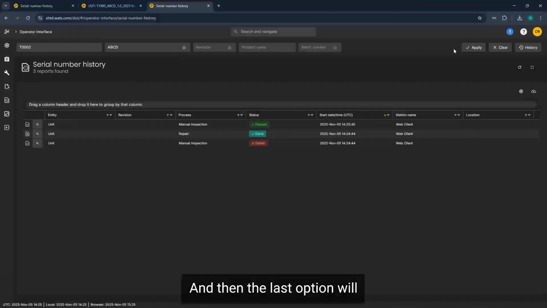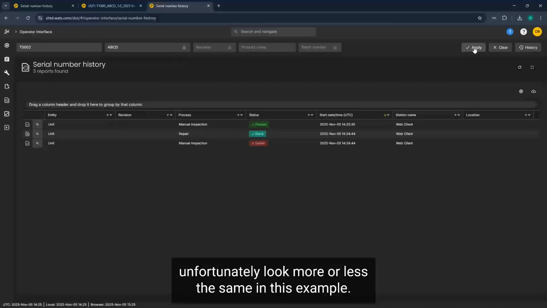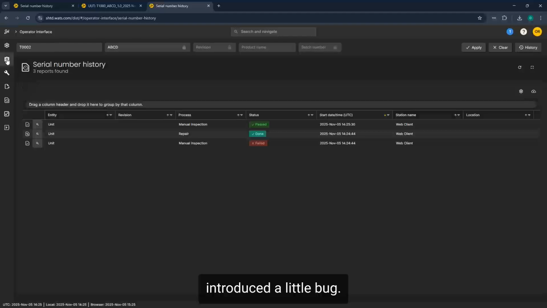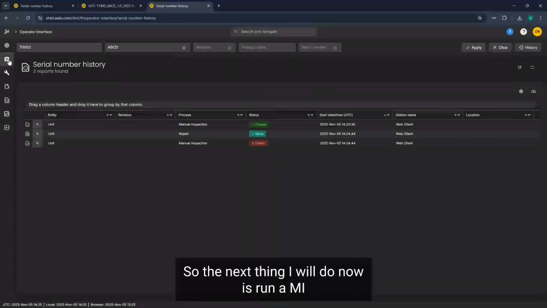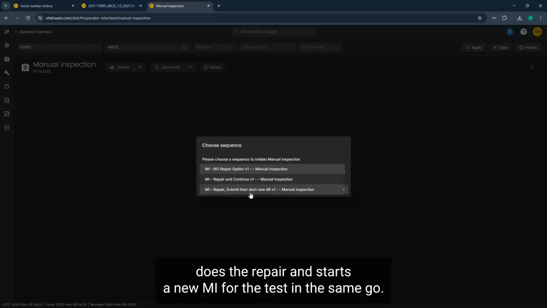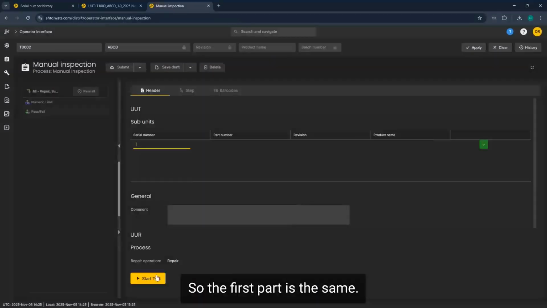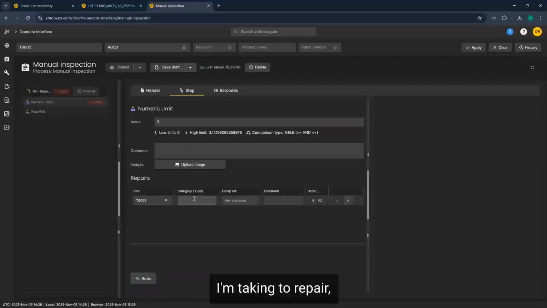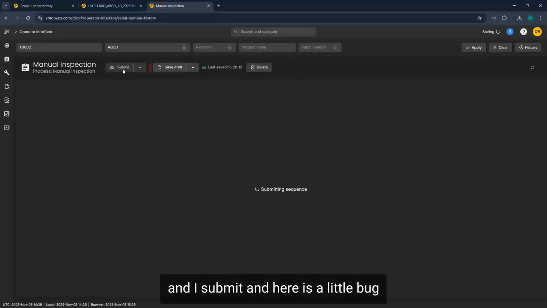And then the last option will unfortunately look more or less the same in this example, because when preparing for this, I discovered that we have introduced a little bug, but I will do it anyway. So the next thing I will do now is run an MI that does the repair, that fails the inspection, does the repair and starts a new MI for the test in the same go. So the first part is the same. I start the test, I fail it, I'm taken to repair, I do the repair, and I submit, and here